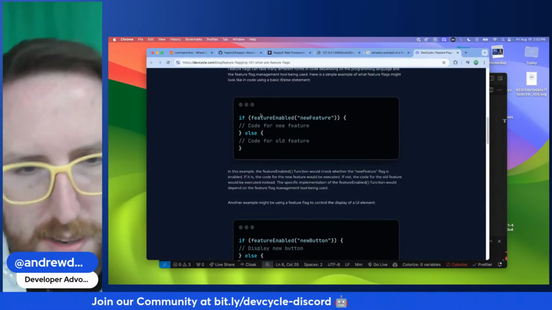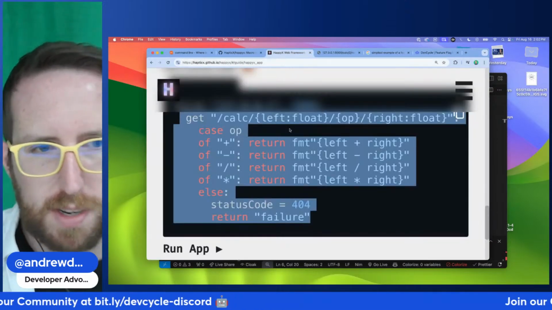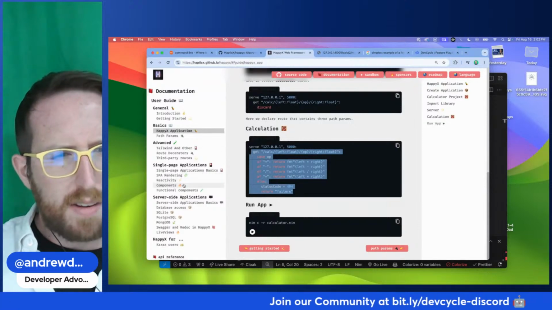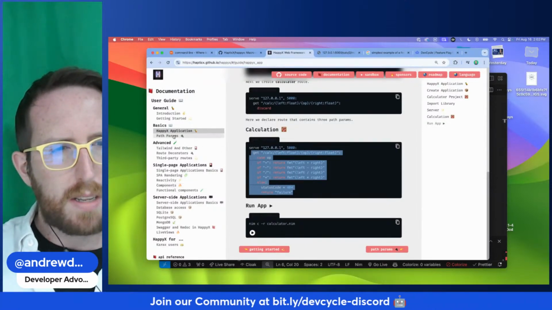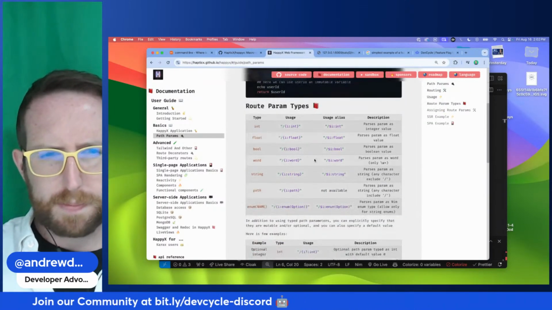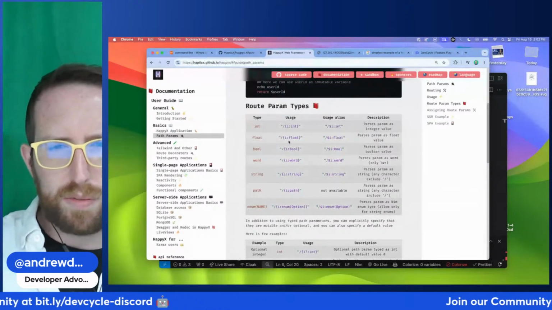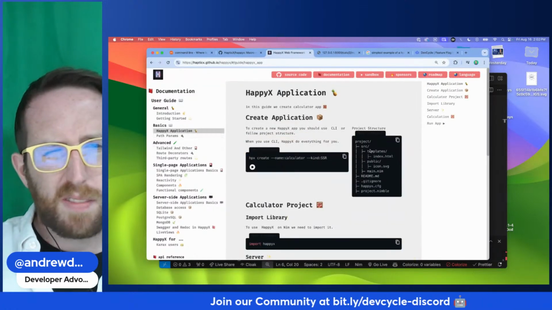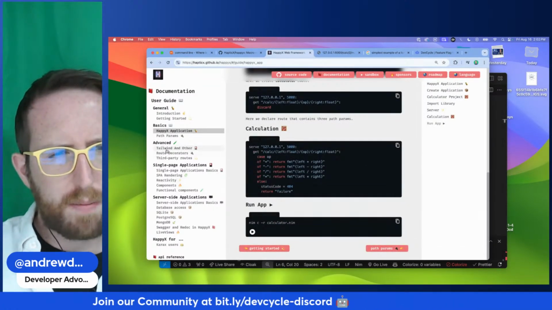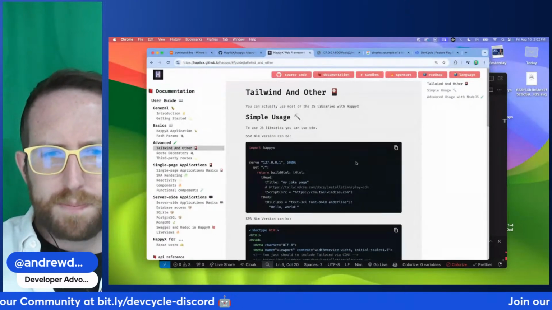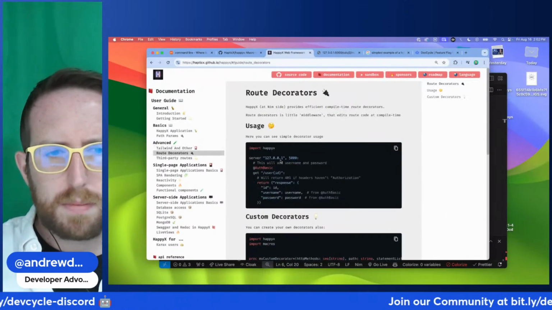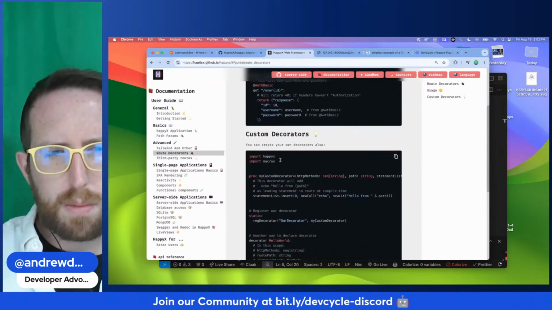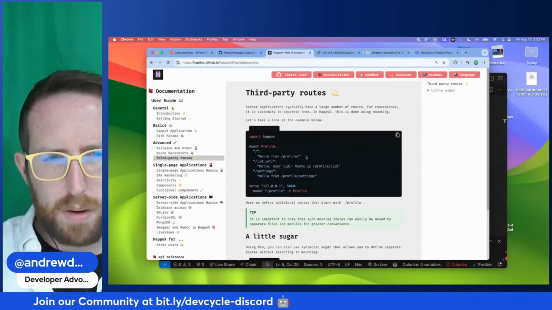So we're going to basically be doing this. I want to see about environment variables, because generally that's where you start with feature flags, as environment variables. Server-side applications, single page applications, path parameters. Okay, that makes sense. Bool, float. What else do we got in here? So we have our application working, our calculator is working. Yeah, that's fine. So return just a JavaScript response, custom decorators, third-party routes,